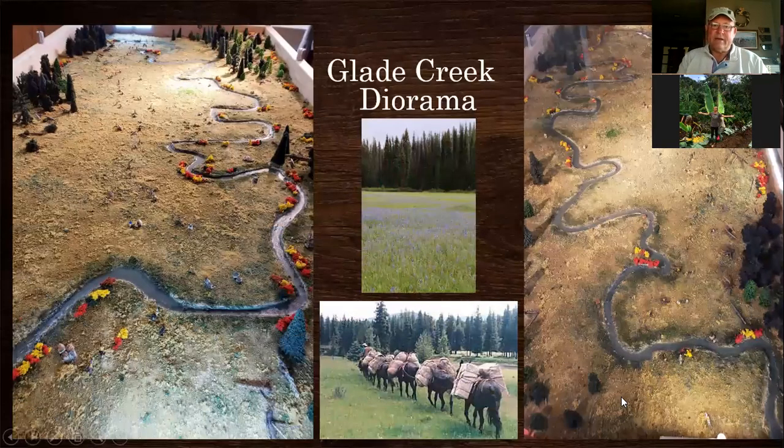So there we have it. We have the Glade Creek diorama. And I think I've explained this thoroughly enough. I'll hold some time for questions, but I do want to encourage you to think about a couple of things in closing. Don't forget,